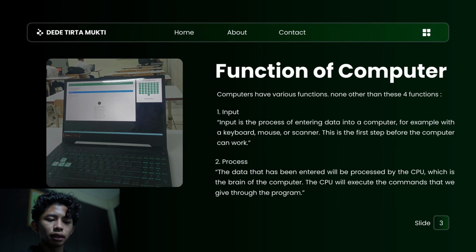This is the first step before the computer can work. Function 2. Process. The data that has been entered will be processed by the CPU, which is the brain of the computer. The CPU will execute the commands that we give through the program.